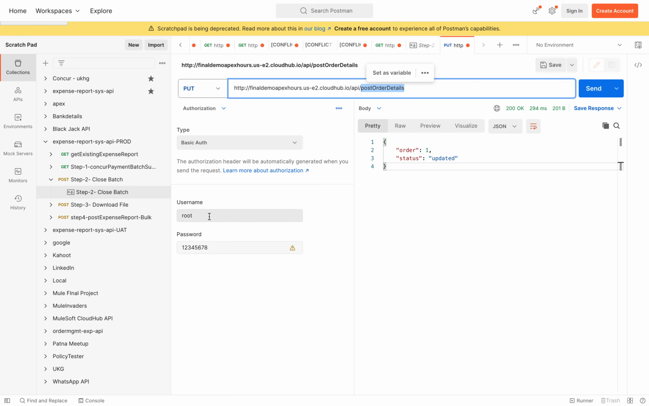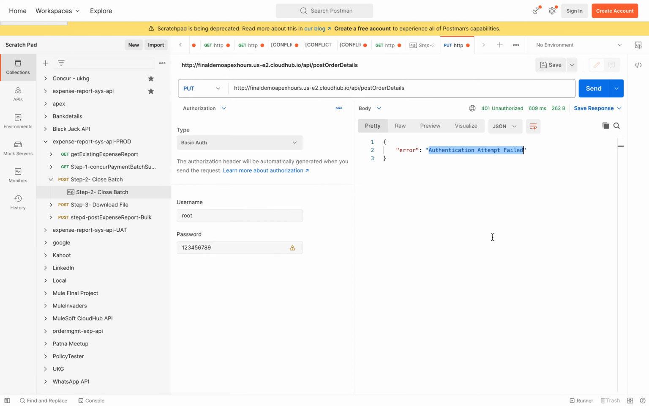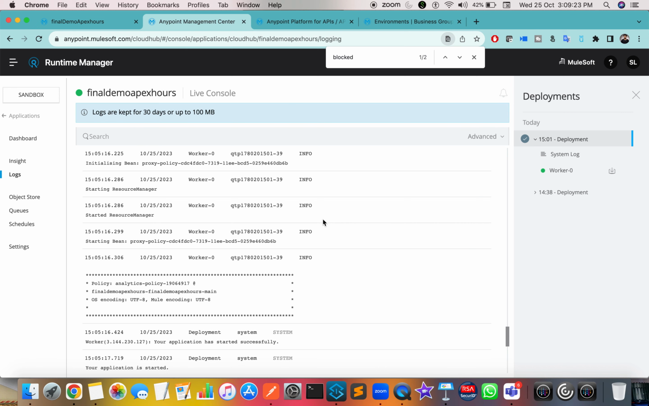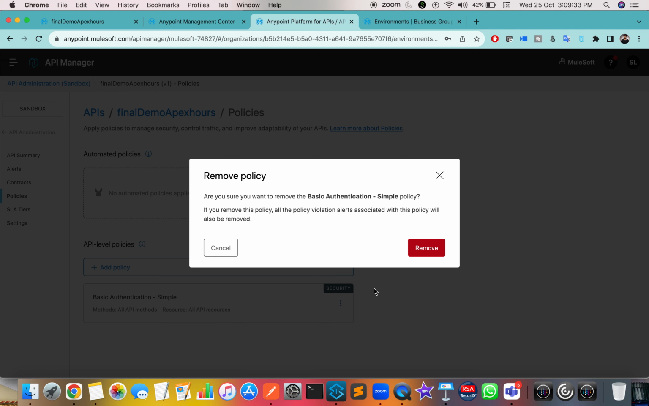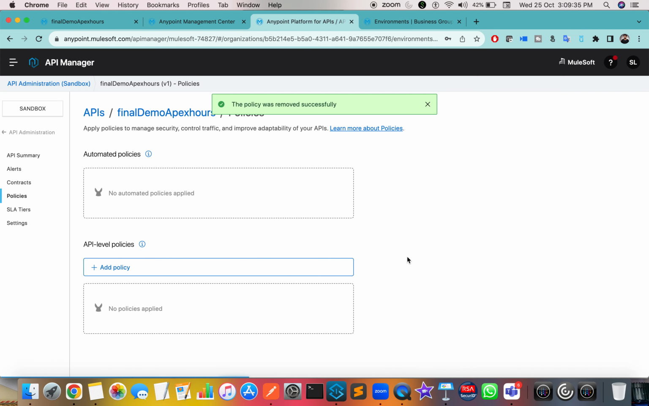It's just like authentication. And if you give a wrong password, for example 9 here, it says authentication attempt failed. So only people who have a username and password can access this one. This is one kind of policy. Now if you want to delete any policy, right click and just remove policy. Very simple. Okay, one more, this is the final one for today's session